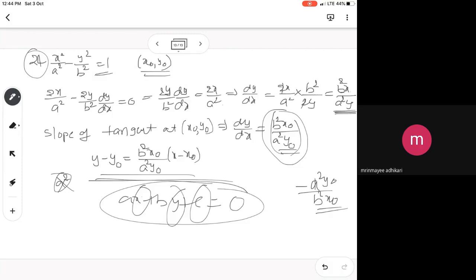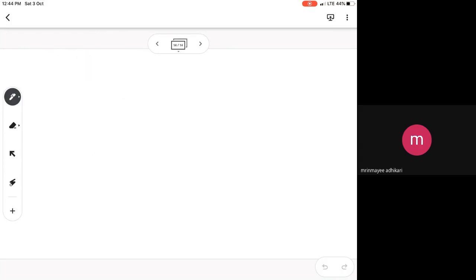Okay. So that's all. Next, find the equation of the tangent to the curve y is equals to under root of 3x plus 4, which is parallel to the line given to you. So it's not very difficult to do that one. Then the 26th one, the slope of the normal to the curve given here, 2x square plus 3 sin x, at x equal to 0. At x equal to 0, the value you need to find out. So these are not very difficult problems. You can do them all.